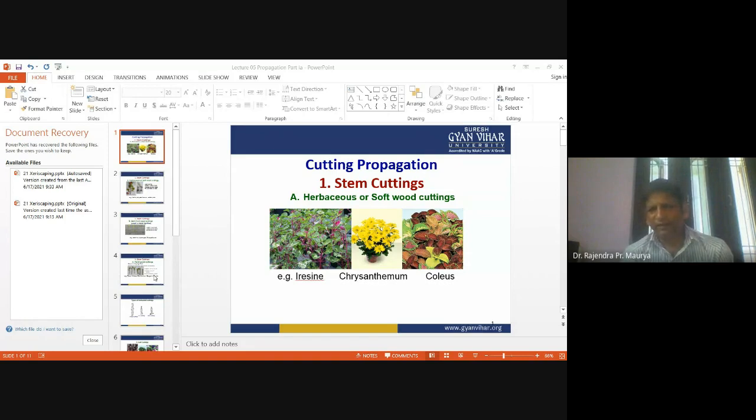In genetic factors, there is selection and maintenance of stock plants. We have to select stock plant material, which we call the mother plants. If we select those plants from a good genotype, then we will get good success. But if you take the plant material from a hardy species, then it is not profitable at all.